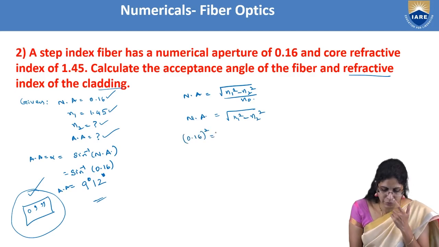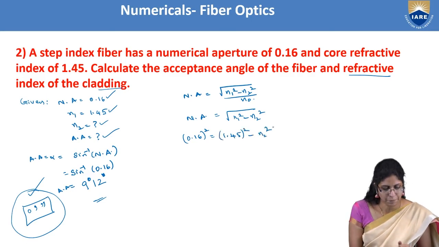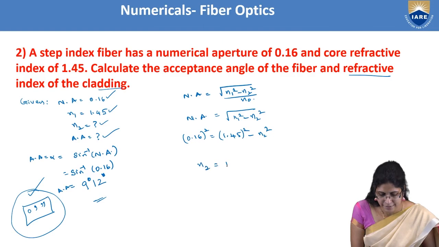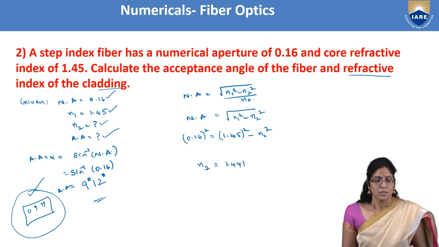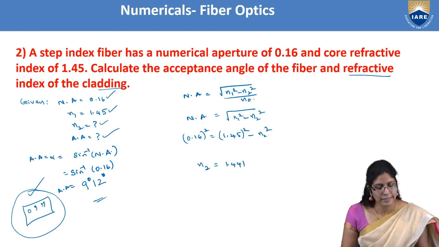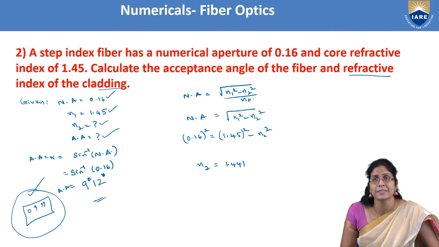Square it so that the square root will be cancelled. N1 square is 1.45 and you want N2 square. Just go for simple algebra and you will end up with N2 as 1.441. So that's how you can end up in the calculation of the acceptance angle and the refractive index of the